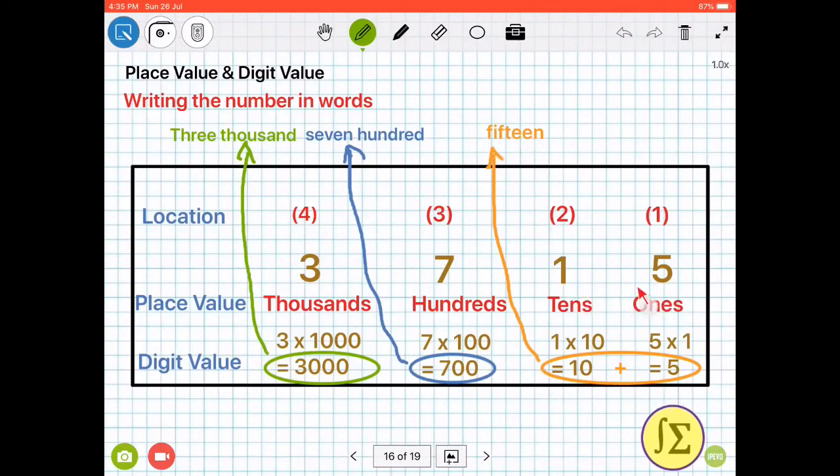This is the American way of saying or writing a number. The British way is slightly different. All you have to do is add an "and" after the 100. So you say: